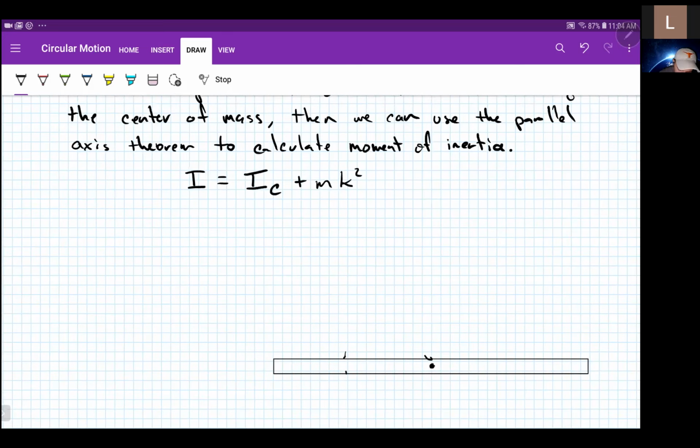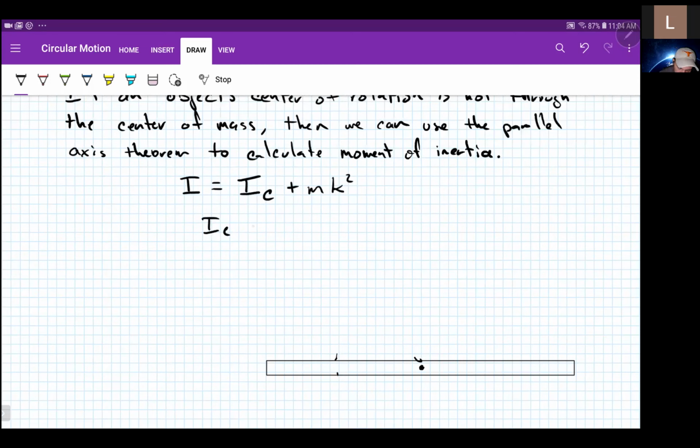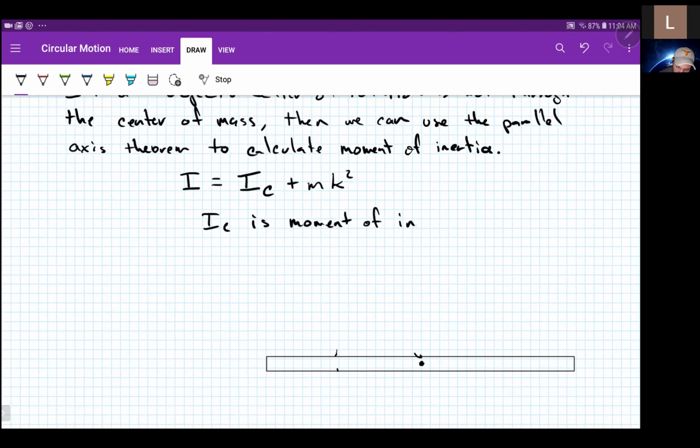Right, so I_C again, I_C is the moment of inertia at the center of mass, right? And we can get that from that table that I showed you guys before,